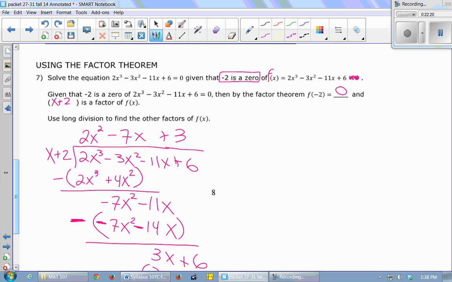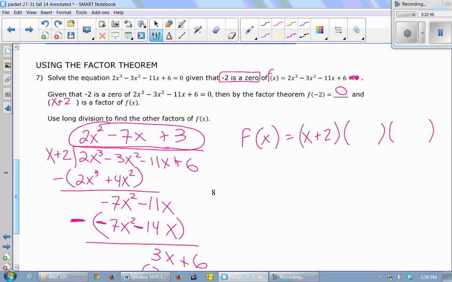So if this is my other factor, okay? And I actually could factor that even more, right? So I could write f of x, my original cubic, as x plus 2, the factor that I was sort of given, right? They gave me that negative 2 is a 0, so I knew x plus 2 is a factor, times, and then I could factor this guy even further,